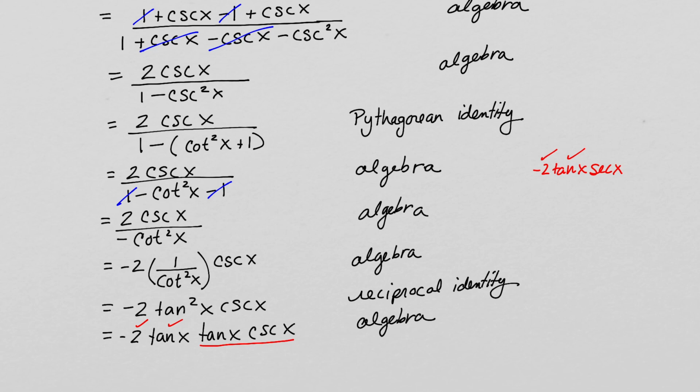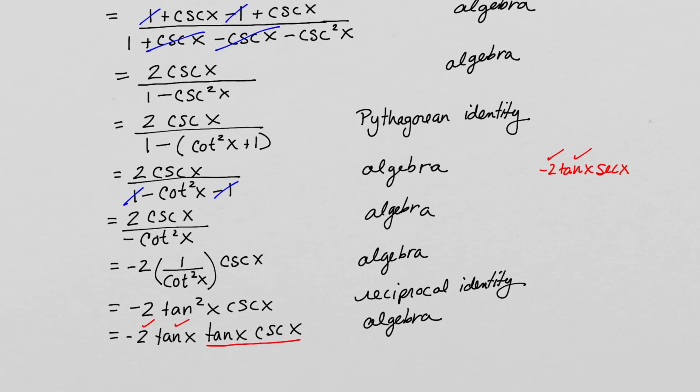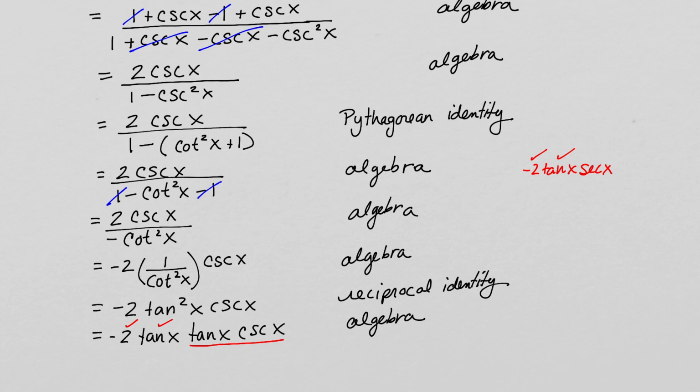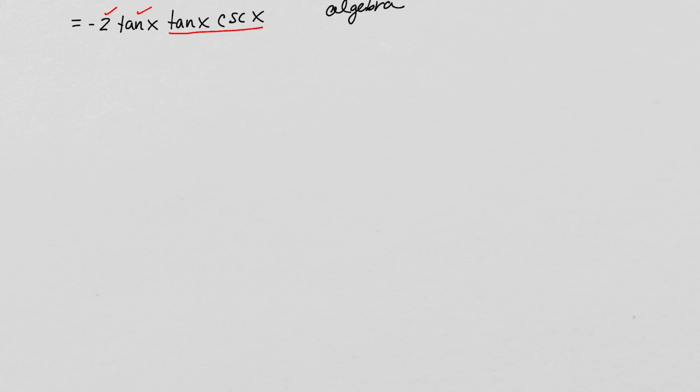And so I'm going to basically rewrite. Oh, it's not going to let me. All right, we're going to have to copy this last line here, and let me go to another page. Okay, so this is what we have. Remember, we're trying to get to minus 2 tangent x secant x. And since it wouldn't let me write any further down,